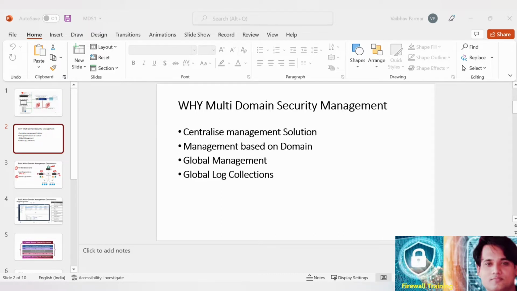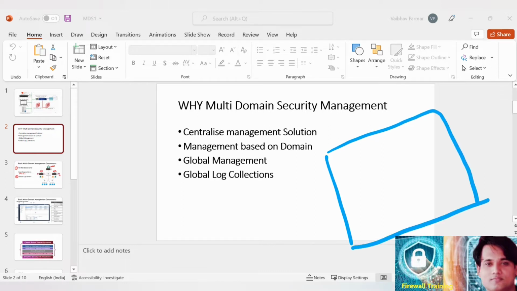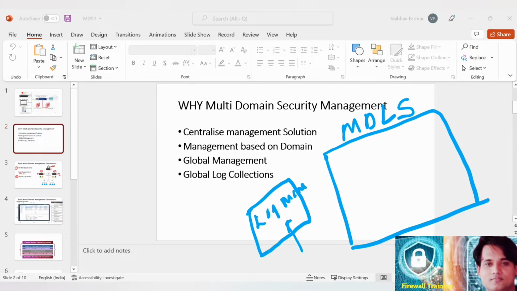Now there is one more thing which comes with MDS. We call it multi-domain log servers. As we have this SMS in place where we see the logs, when you log into the SMS, you go to the logs and monitoring tab. You will see the logs over there. Whatever gateways you have configured send their logs to this management server. You will see those details over there. Like that,